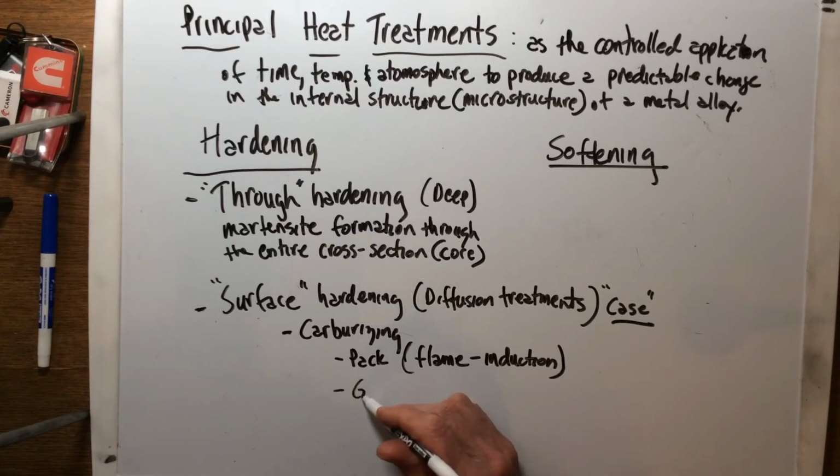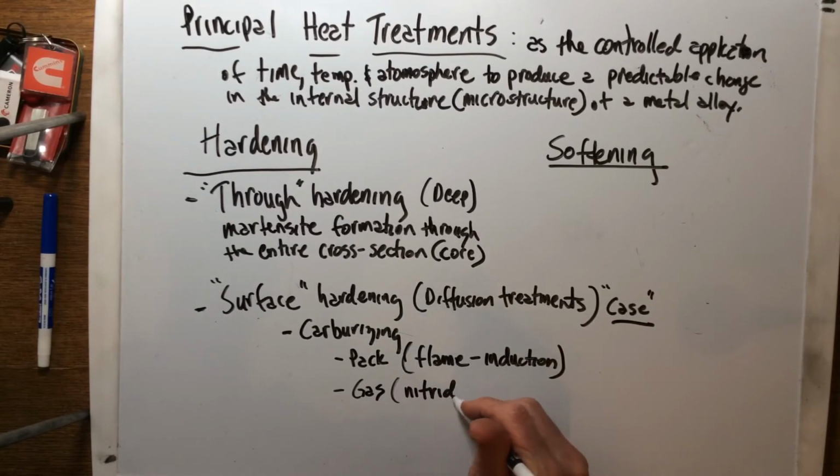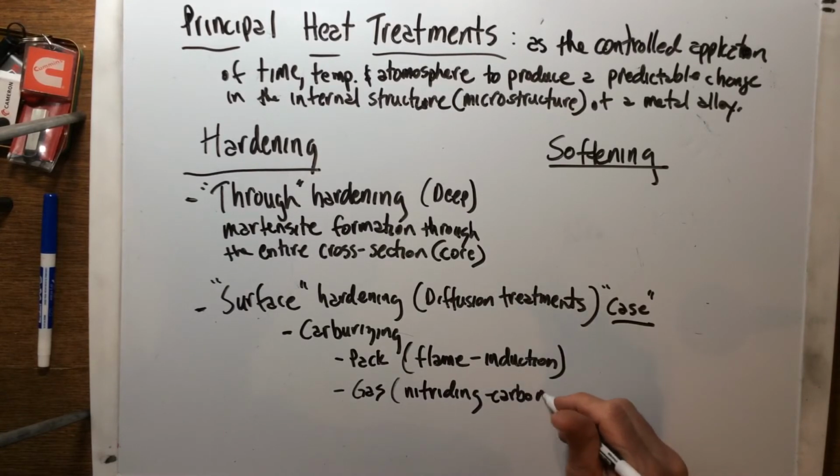The other way you can carburize things is through gas treatments, which we know as, most of them are just called nitriding, and sometimes carbonitriding. All right, and there you just take and encompass that part in a very highly carbonaceous, or in this case nitrogen, atmosphere, which does the same process. And what I wanted to show you real quickly